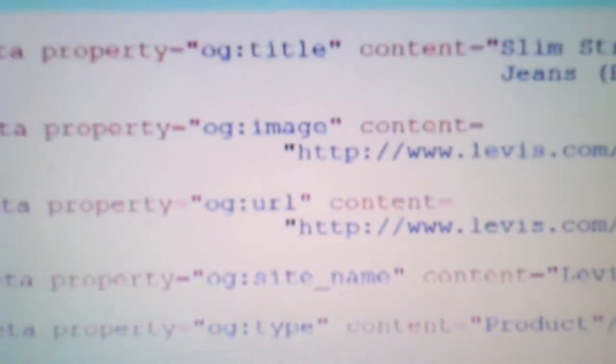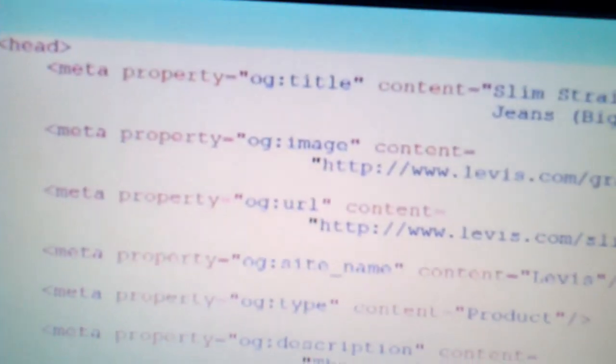back to. The final tag is the admins tag. This is just saying, I am the administrator of this page. It basically means, I'm the one who should be able to see insights about this page. I'm the one who should be able to publish back to these users. For the admin tag, you specify the user ID, your user ID, in the content field. Now, the easiest way to find